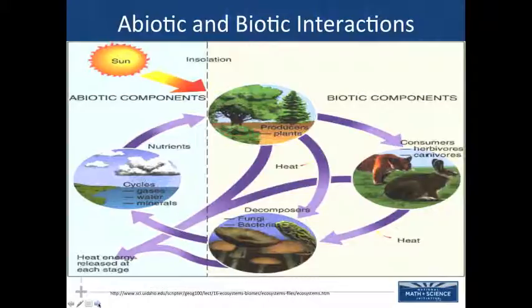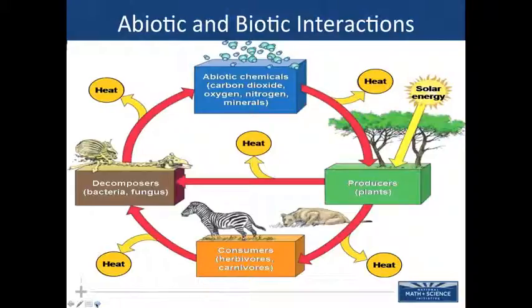And the distinction between that is that eventually this heat is going to go back out into space. So it's not quite a closed system when we talk about energy, but when we talk about matter, it is a closed system. So that's pretty important to understand. This is just another slide showing you the same thing. It's driving home this point about the idea that matter cycles with the red arrows, and that the yellow arrows